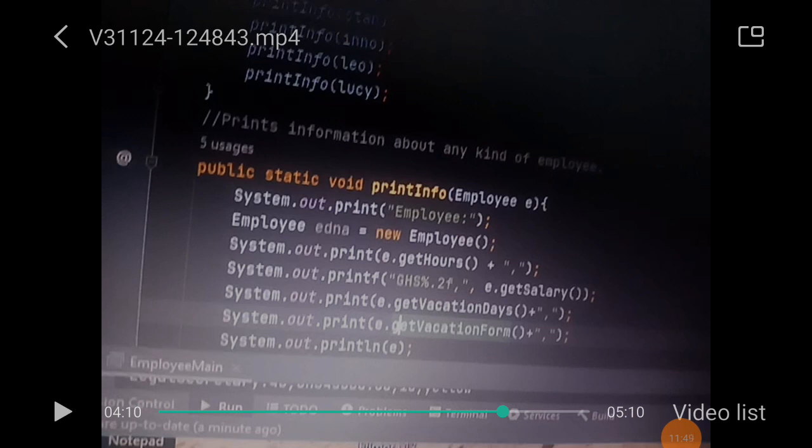We can use either Indo, either Leo, either Lucy, whatever. As you see from the top here, they say print information about any kind of employee. I hope it's well understood. They said print information about any kind of employee. So as you can see here, we've taken only one employee. The output that you see here means print all the